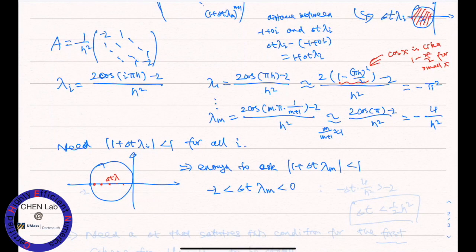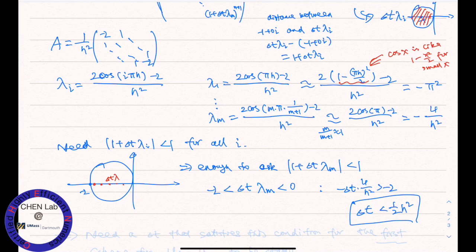That's here, -2. Which is negative delta t times 4 over h squared. This is larger than -2, so we have delta t less than 1/2 h squared. That's the condition for you to use the first scheme of the last video, the forward Euler in time and standard central in space,